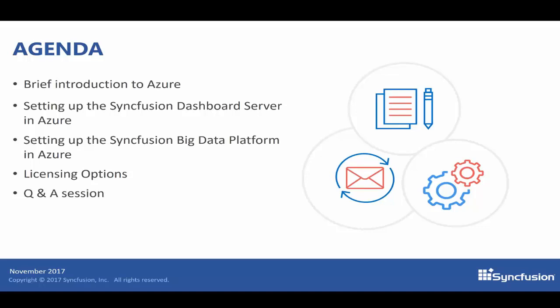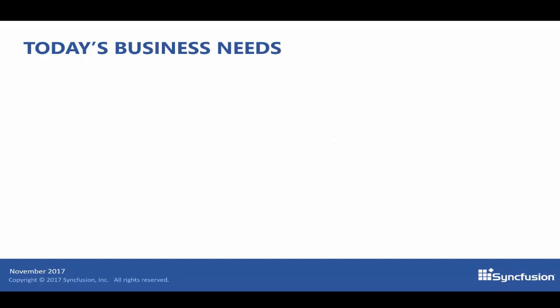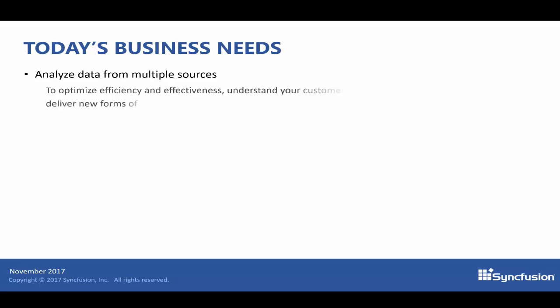All right, so let's go ahead and get started. Today's leading companies are measuring performance in more and new ways to gain sustainable competitive advantages. As more operating units use data to optimize their efficiency and effectiveness, it eventually becomes apparent that greater value can be driven from combining internal data sets such as from marketing, sales, customer service, and finance. Many companies are also using external data to learn more about their target markets, competitors, and customers. Using combined data sets, businesses are able to understand more about their customers and operations, improve ROI, and deliver new